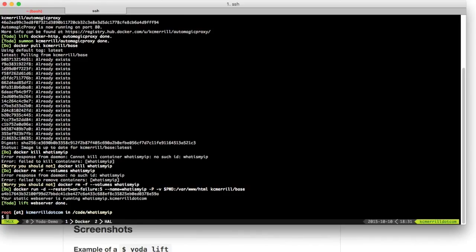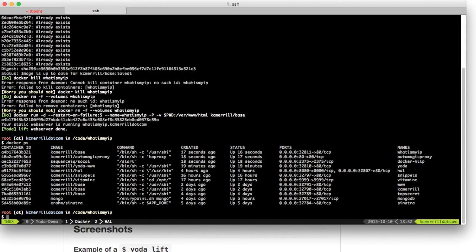Automagicproxy is a dependency. My base image, KCML base, is a dependency. It's going to try to stop what is my IP address, the container. It doesn't exist because we just created it. And then it's going to go ahead and do our Docker run. So now if we do a Docker PS, we should see what is my IP. And the port that it's running on is a random port that Docker has chosen,